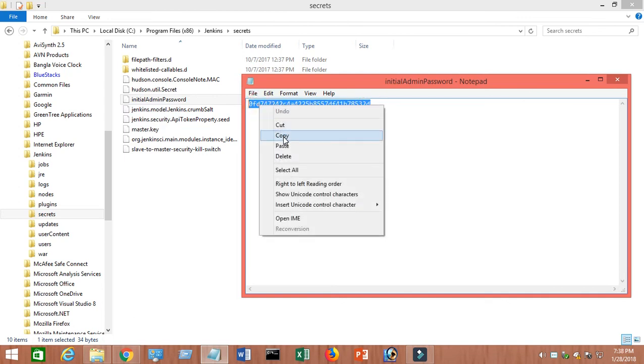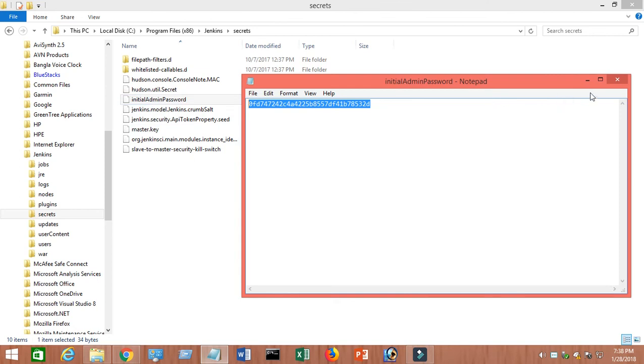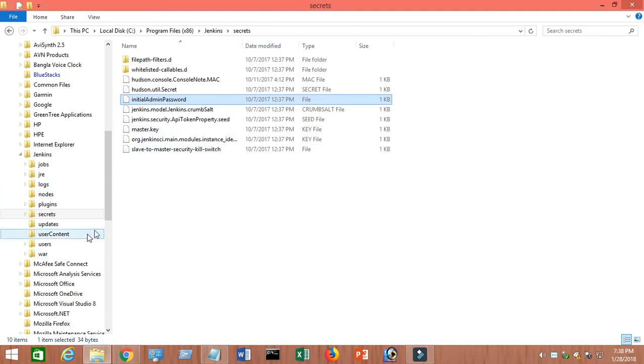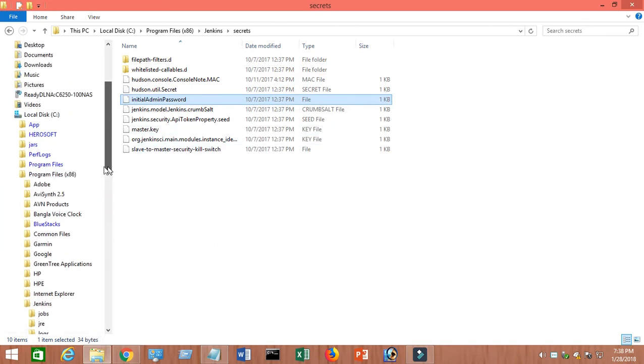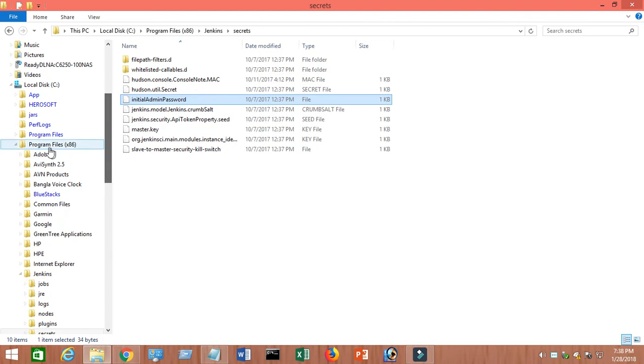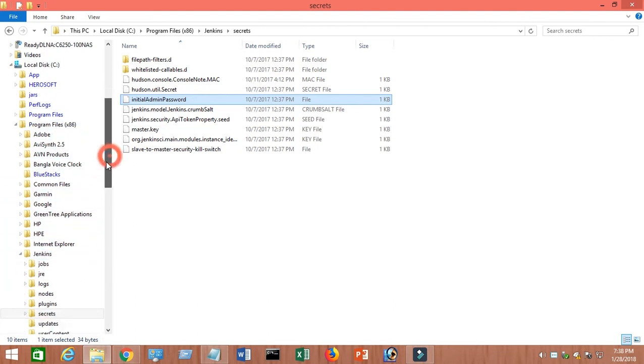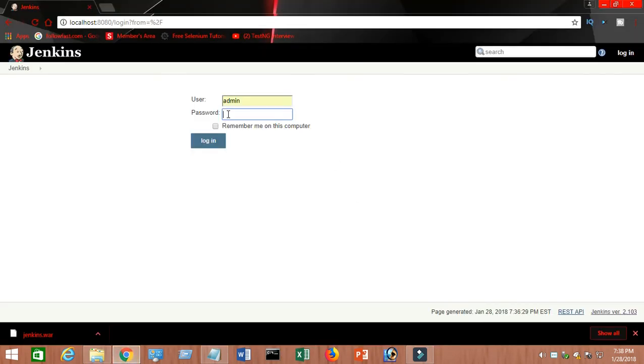You just have to copy the password and paste it into your password field. See how I went: first you go to your C drive, then Program Files (x86), then Jenkins, then secret, then click on initial admin password. Then you will get the password for Jenkins, and now you paste it here. That's the password. If you click on login,